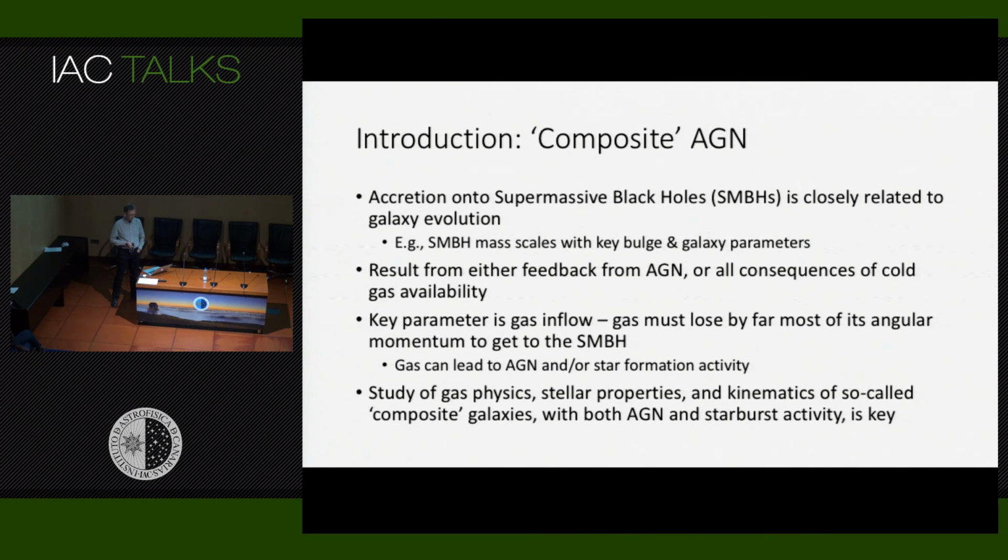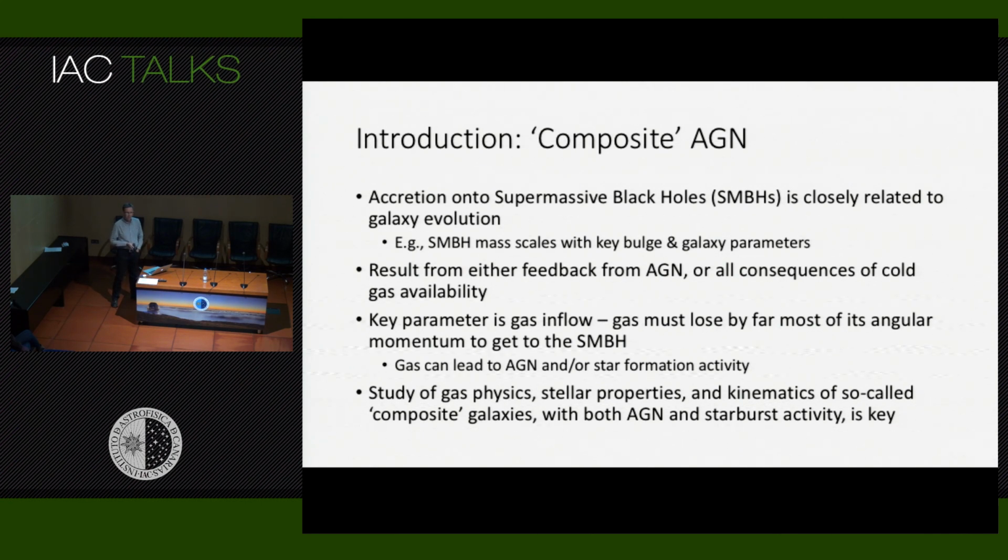We all know that the supermassive black hole mass scales with the properties of the galaxy and the bulge, which is strange because the spatial scales are completely different. Black hole accretion occurs basically on AU scales,